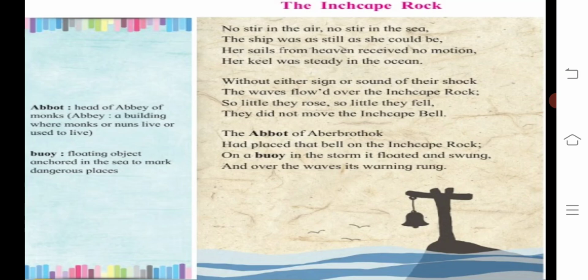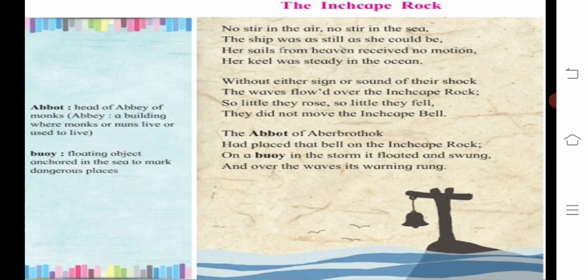What happened with many ships? They were getting wrecking accidents because of the stormy atmosphere. They were dragged towards Inchcape Rock, and as that was a rocky area, they wrecked into pieces. When Aberbrothok found this fact, he installed the bell on Inchcape Rock, and now there was no such